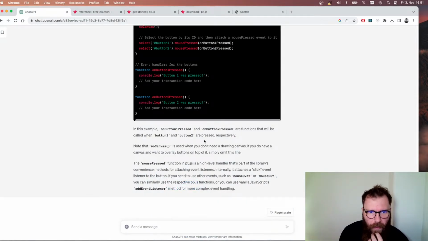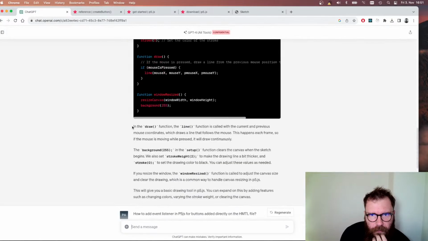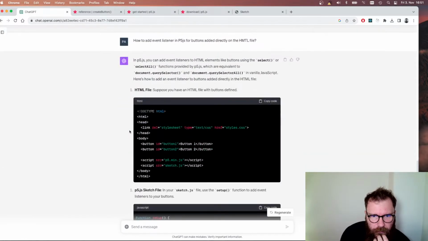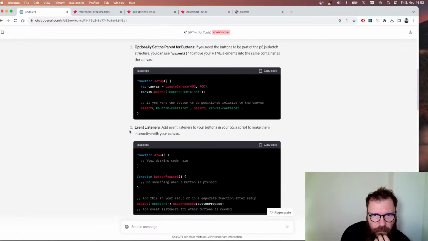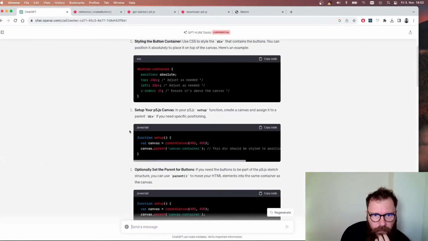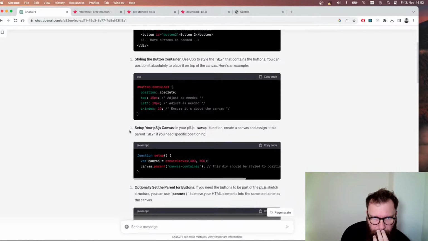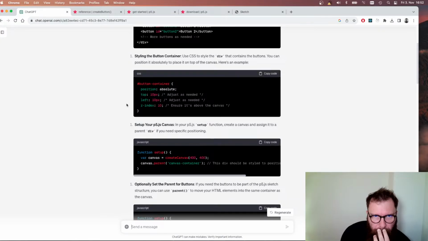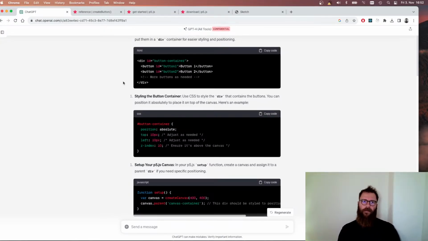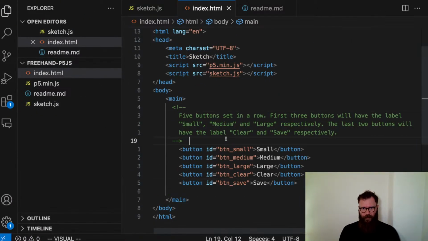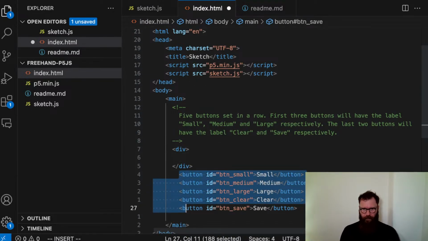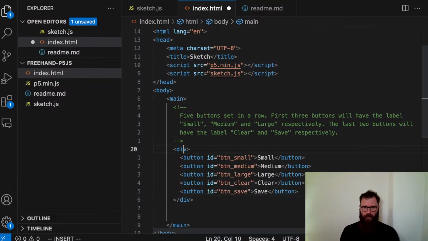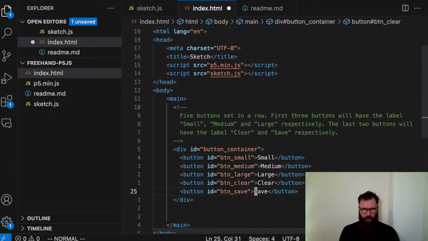So in here, okay, so I'll put a container around the buttons. Let's do that first. Put a container,